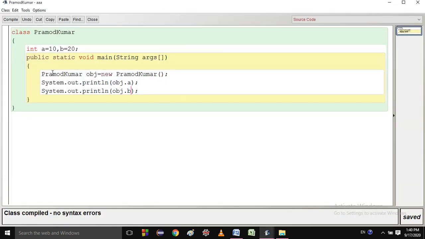So I think the new operator and dot operator are clear from this video. I hope you watch this video again and again until your concept is clear. The new operator is used for making the objects, and the dot operator is used for accessing the member variables and member methods.